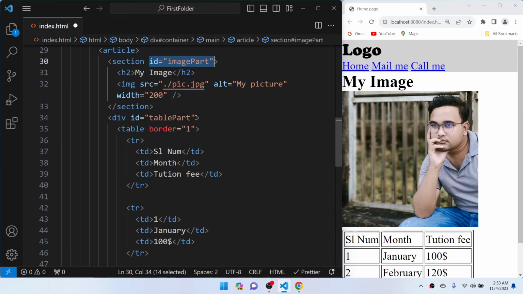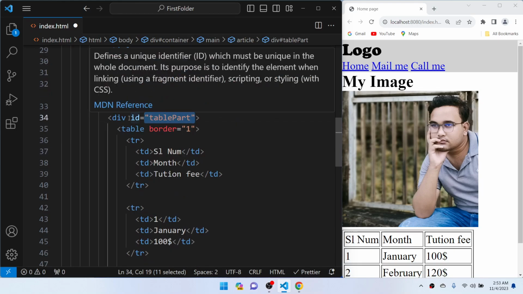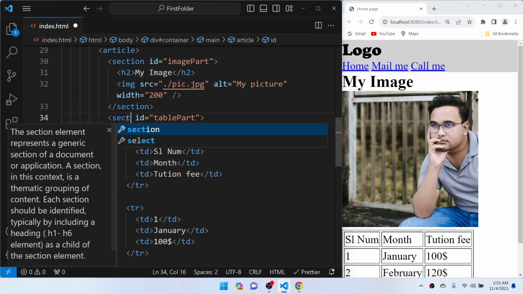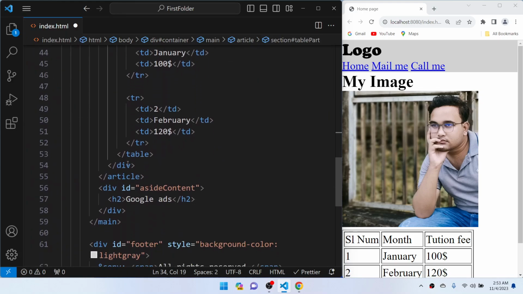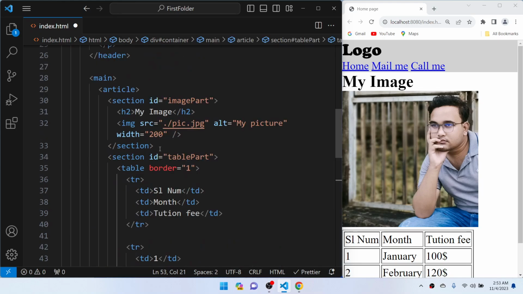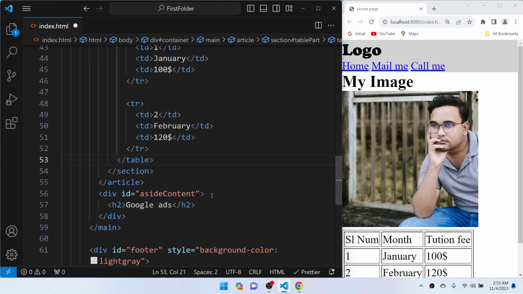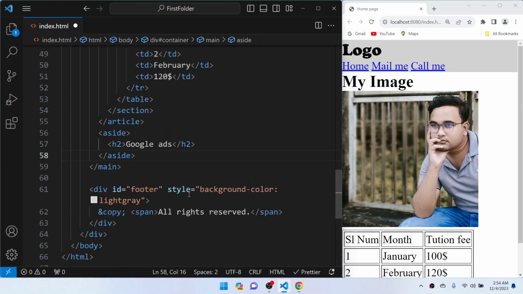I'm gonna make this table part div a section as well, and I'm gonna close the section tag here. So you can see we reduced the use of the div tag, and here we show aside content like Google ads. So instead of the div tag I'm gonna use the aside tag. I'm gonna close the aside tag here, and I have a footer